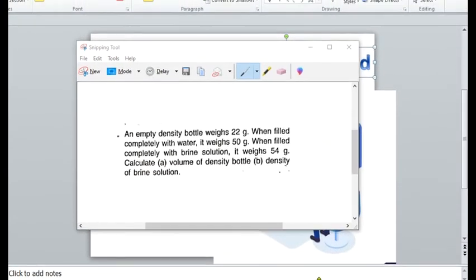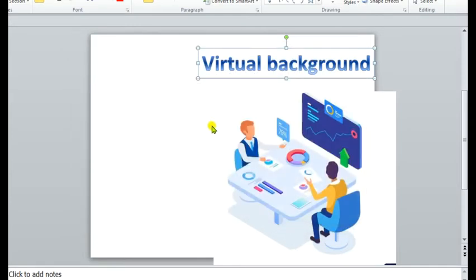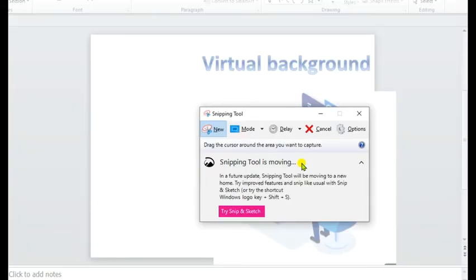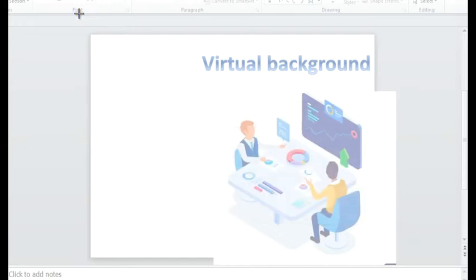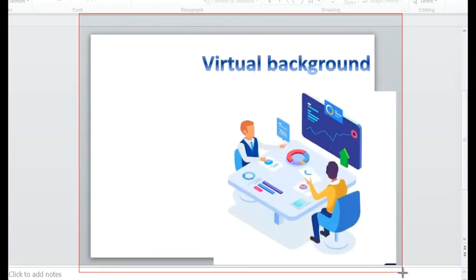The use of this tool is that whatever appears on your screen, you can cut that and have it as an image on your desktop. To do that, click on New. Once you click on New in the Snipping Tool, the whole background will be blurred like this. Now whichever part you want to take as the image, you can see the plus symbol here, just drag over that particular part.